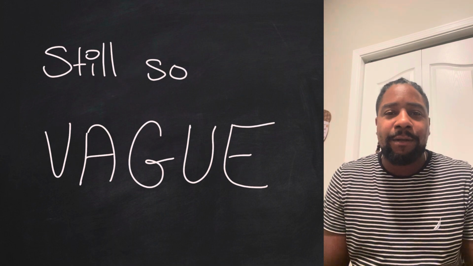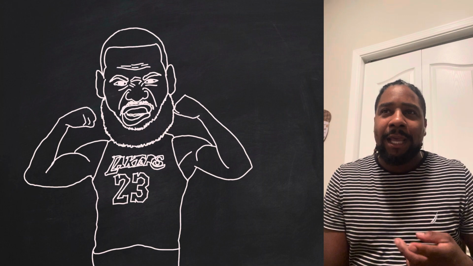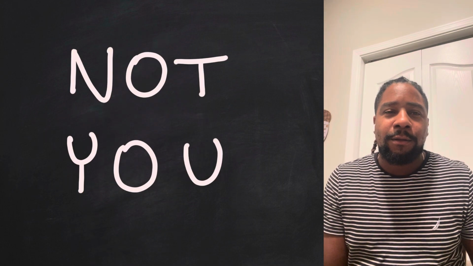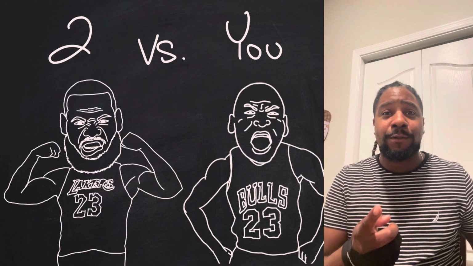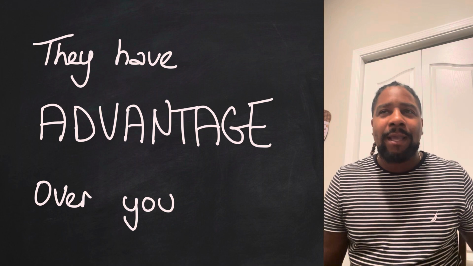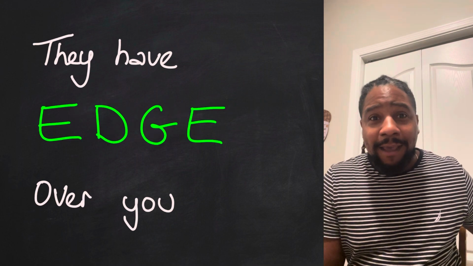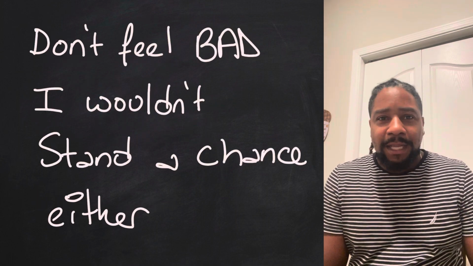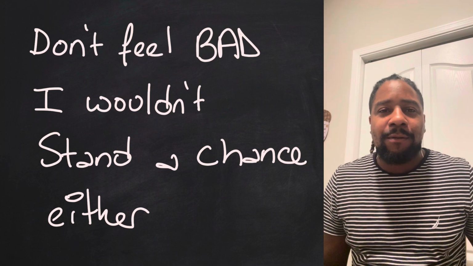What does that mean? Okay, so if you were to play LeBron James and Michael Jordan in basketball, who would win? If it's a 2 versus 1, them together as a team versus you, they would win. Why? Well, they're physical specimens. They're great at basketball, the greatest ever, and you're just a regular person. You don't stand a chance. They have a physical advantage and 10,000 plus hours of practice.